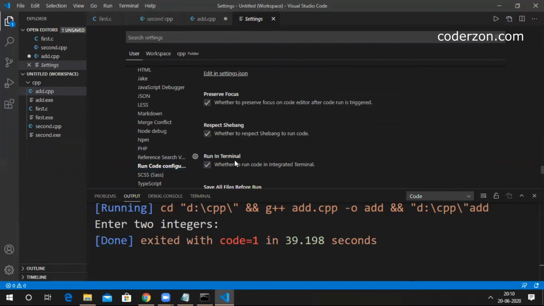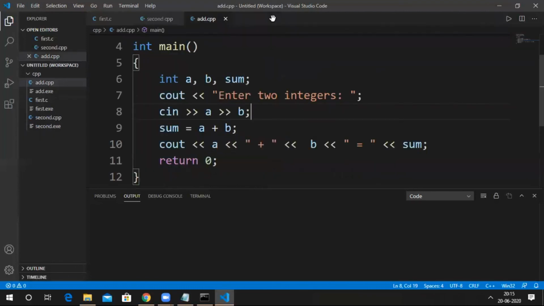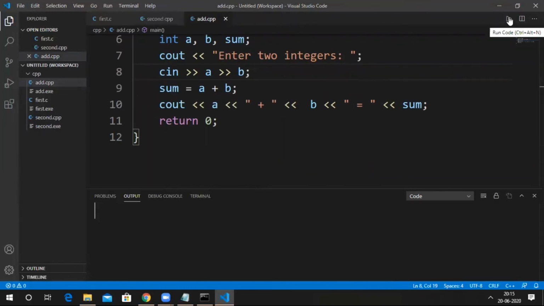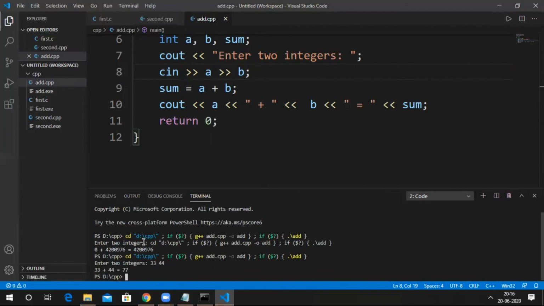Click on that. After making the changes, press Ctrl S to save the configuration and close it. Now run the program. So here we can see enter two integers. We got the output here.